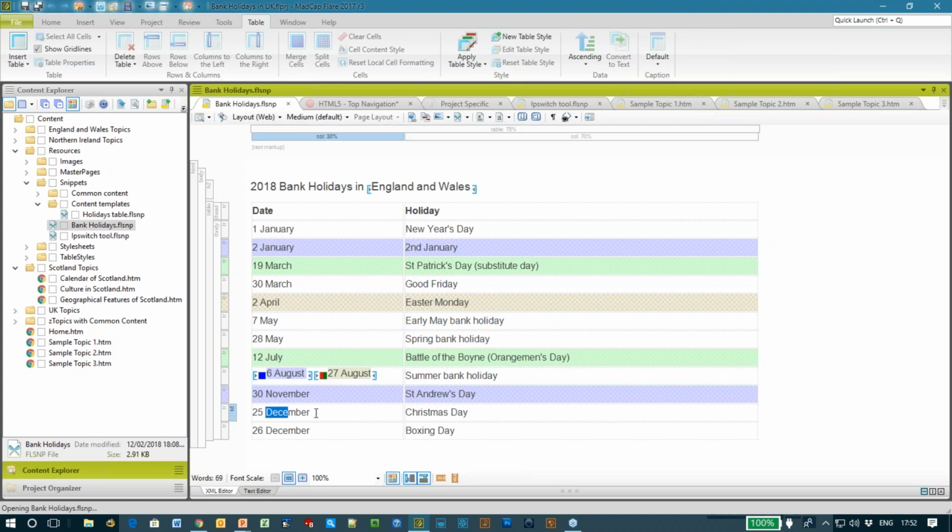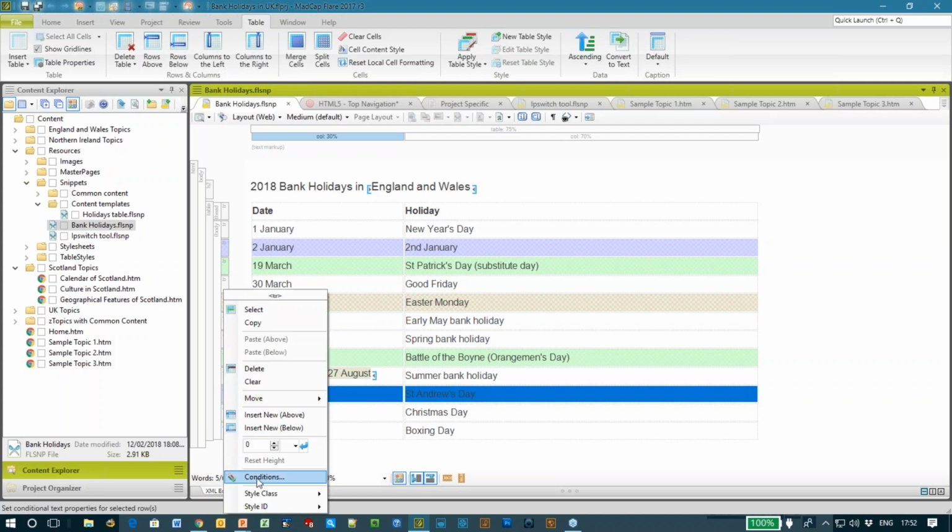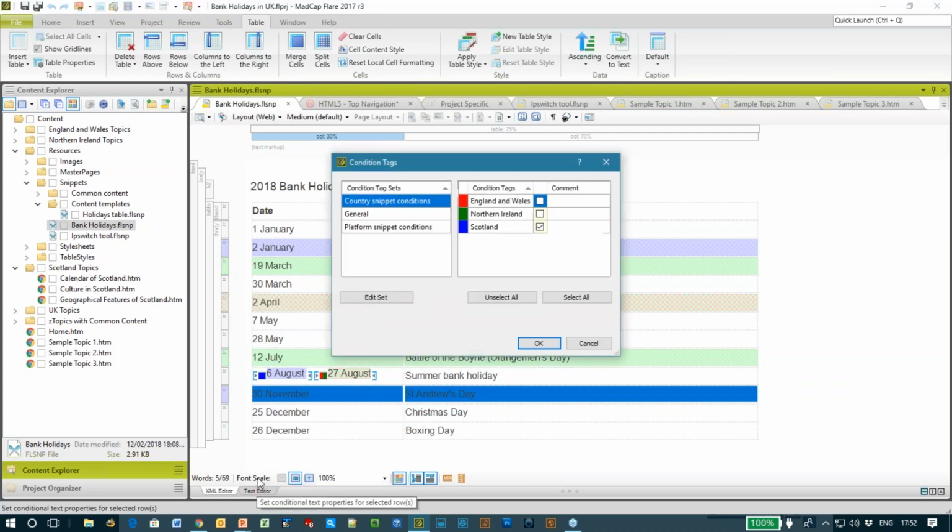For example, 25th of December, we all celebrate Christmas Day on 25th of December. So that's a shared holiday. The ones that aren't shared, I've put conditions on. So for example, in this row of the table, I have inserted a condition to say that this is specifically a Scotland holiday.